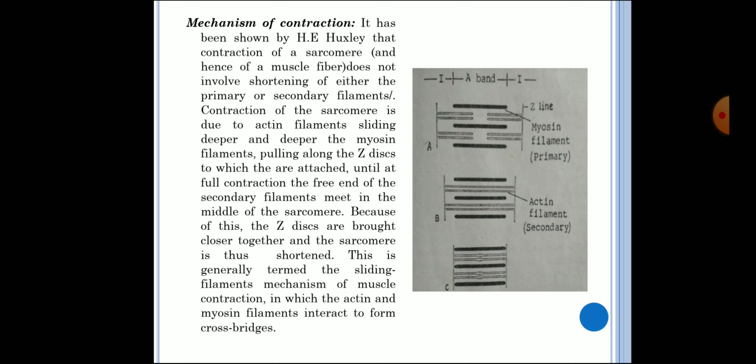So, the contraction of the muscle fiber is in response to motor impulses from the central nervous system. In a contracting fiber, ATP is broken down to ADP, releasing a lot of energy. This reaction is catalyzed by myosin. The resultant energy is used for the myosin and actin filaments to slide against each other, thereby shortening the sarcomeres and contracting the muscle fiber. Presence of calcium is essential for this process. So this is about the